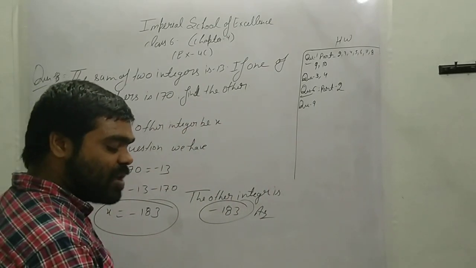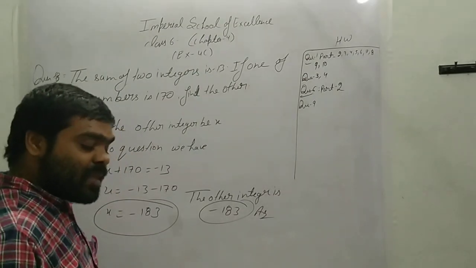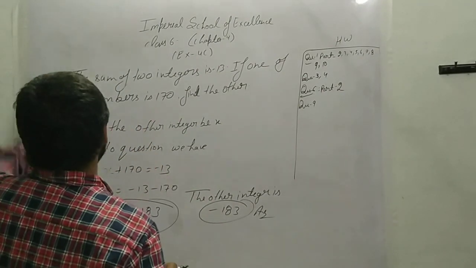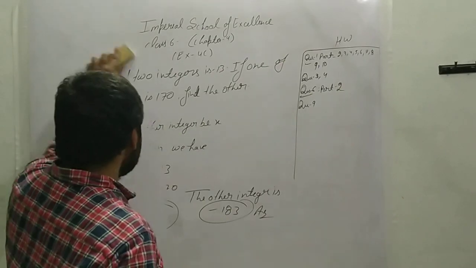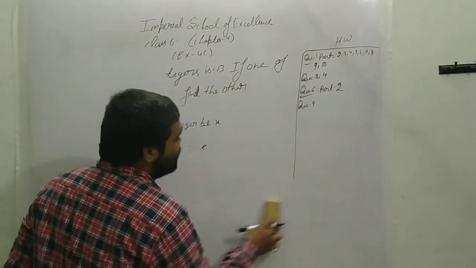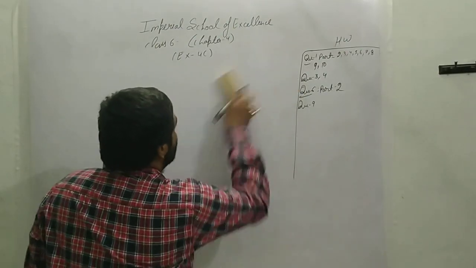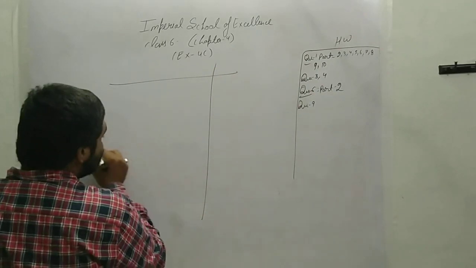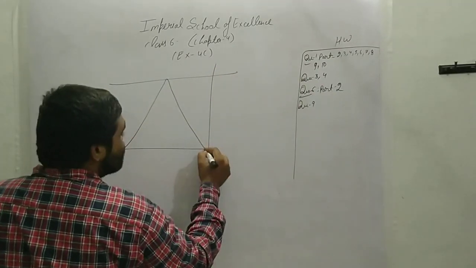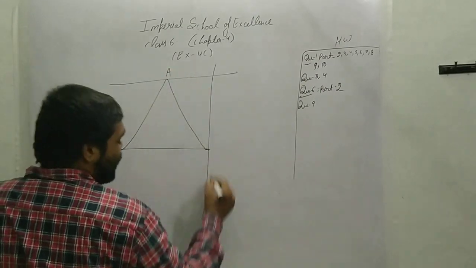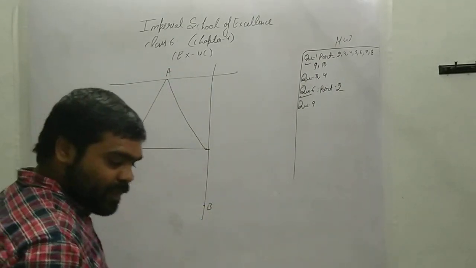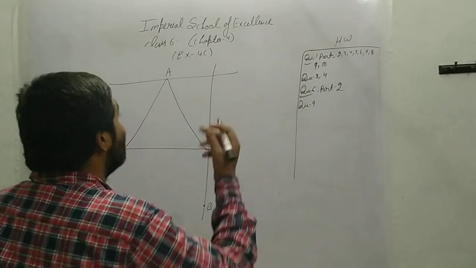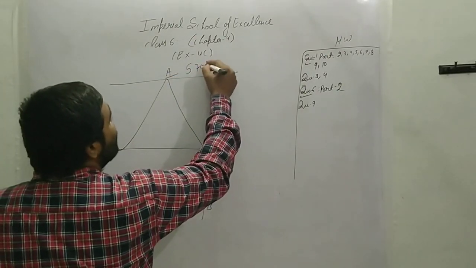Now let's come to question number 11. Question number 11 is given. The point A is on a mountain which is 5,700 meter. First of all, in this type of question, you have to mention how point A is given and point B is given. See, let me draw the diagram. This is your diagram. Point A and point B. The point A is on a mountain which is 5,700 meter above.